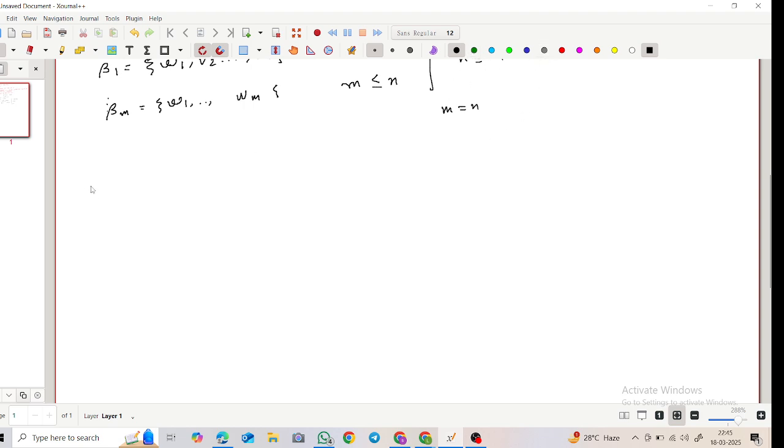So one immediate corollary is that if the K-dimension of V is n, then any set of n